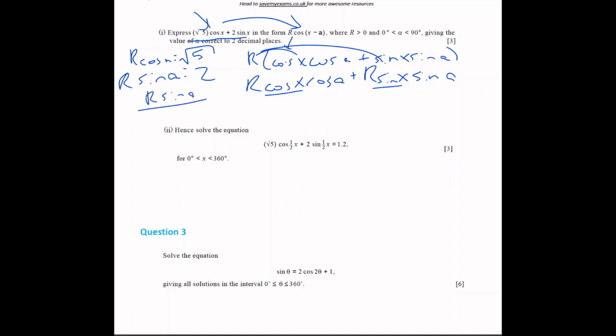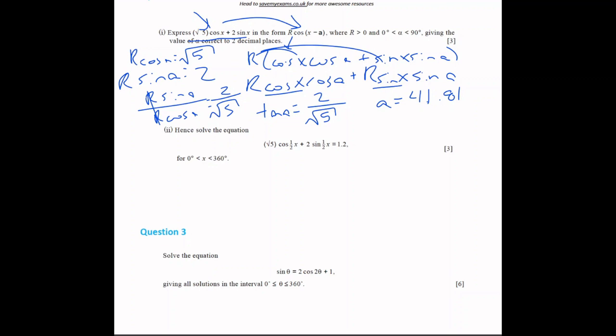R sine a over r cosine a will equal 2 over radical 5. So the r's cancel out. Sine over cosine is tangent, so tangent a equals 2 over radical 5. Then I have to take the inverse tangent on both sides, and once I do that, I get 41.81. Alpha equals